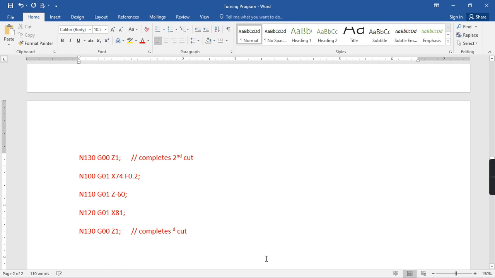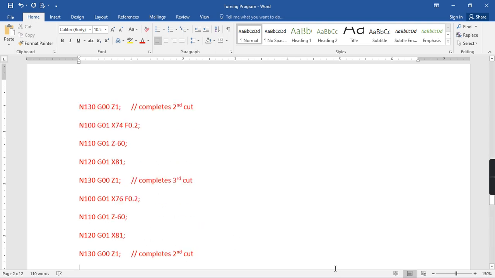So this is third cut. So again in the facing operation we used to change Z value, here we are changing X value because we are entering into the diameter. There we were going along the Z, so Z was changed. That is the only difference.